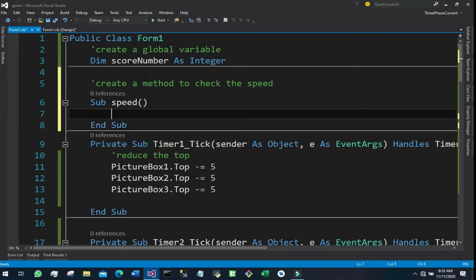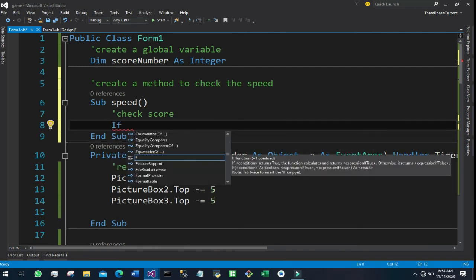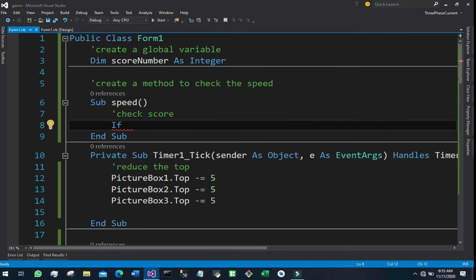So if label score, so if our score number is greater than or equal to 100 and the same score number is less than or equal to 200, and